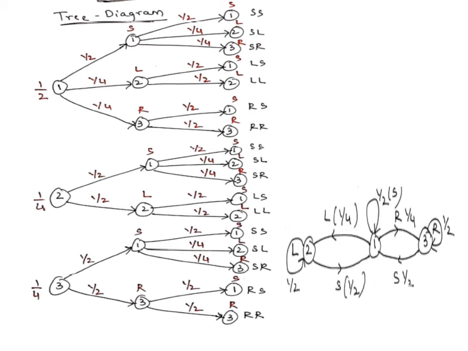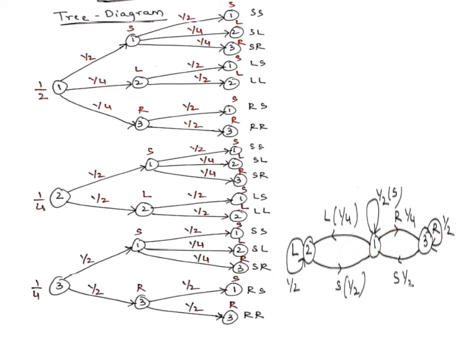So now coming to the last bit, that is the tree diagram to generate a message of length 2. So this tree diagram is a graph which is drawn based on the state diagram. So from the state diagram we can observe that we have 3 nodes, state 1, state 2, state 3, and these branches represent transition between the nodes or states. So we have 1 to 1 transition, we have 1 to 2 transition as well as 1 to 3 transition,